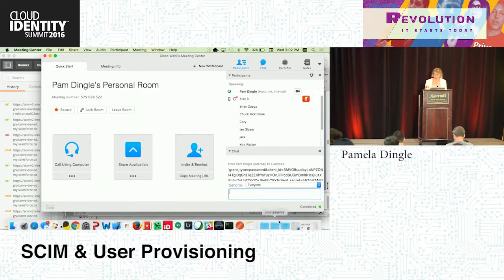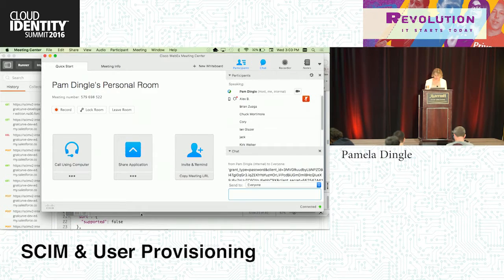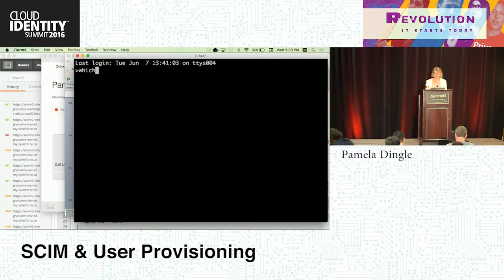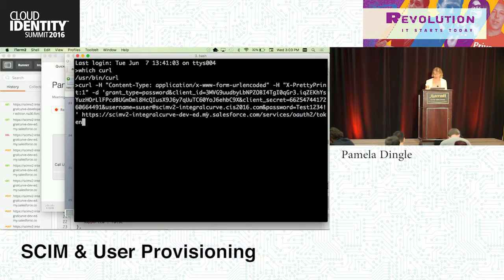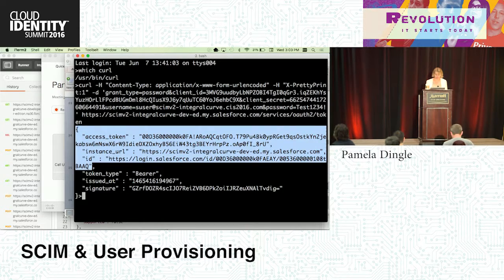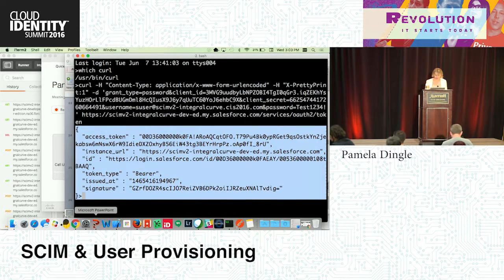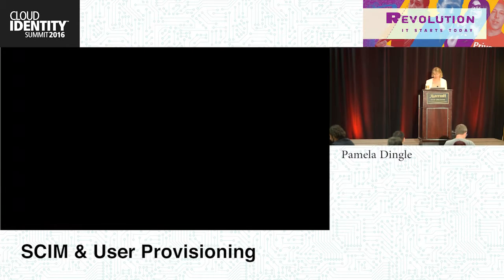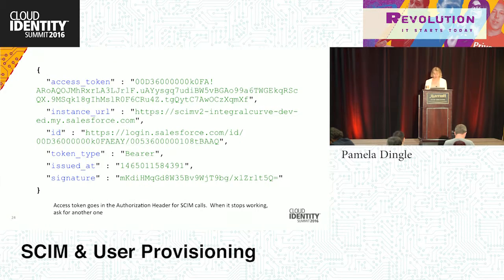I'm going to show you what it looks like when it just simply gets pasted into a terminal window. So I have curl installed. I'm going to paste that in. So same thing you just saw. And here's what comes back. So if we look at that in PowerPoint again, all nice and colorized, this is what you're going to get back. It's pretty easy, right? It's human readable. You grab it, you use it. Access token is the thing you want.